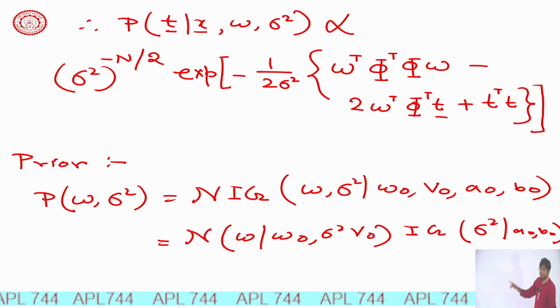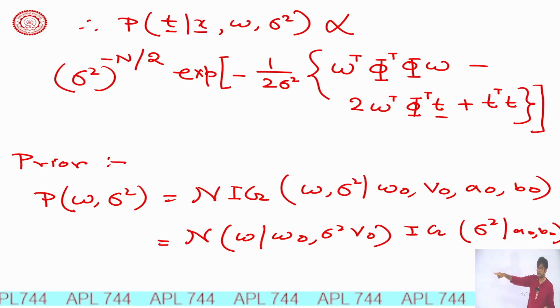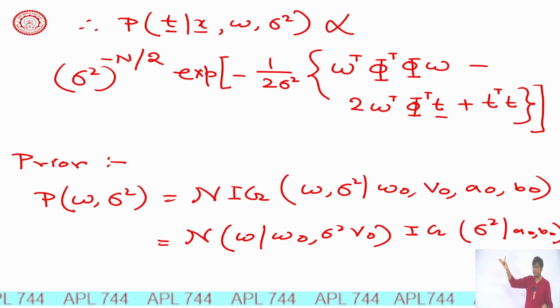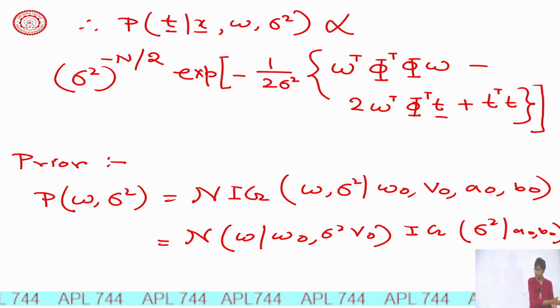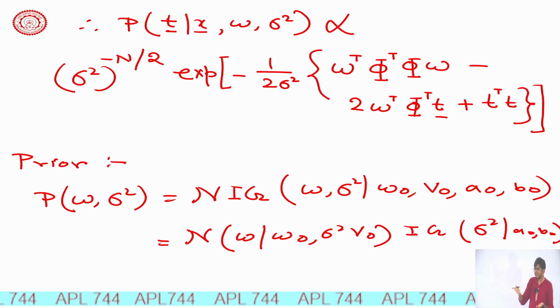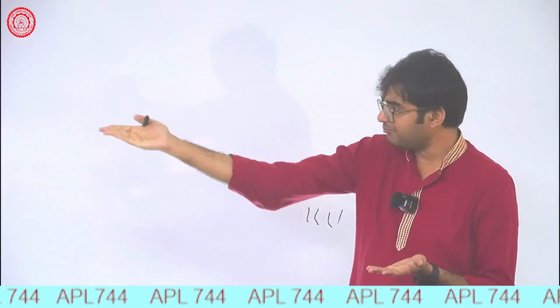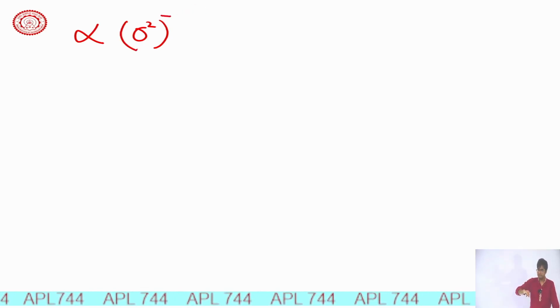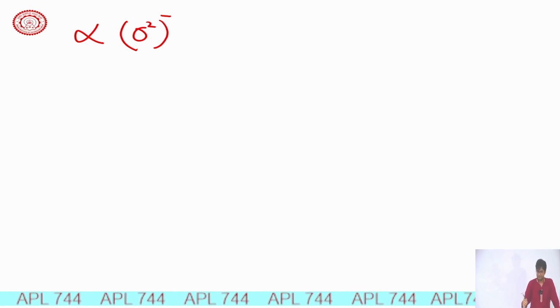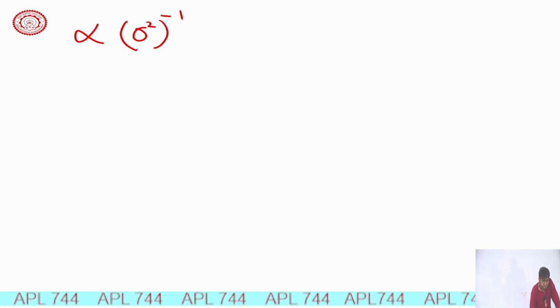So what is the dimension of W? W is a vector, weights, right? So as per our notation, it was k plus 1, because I start from 0 and go up to k. I use k plus 1 basis function. So the dimension of W is k plus 1 and we called it k prime. Okay. Sigma square to the power minus k plus 1 by 2, which is k prime by 2. So I will directly write k prime by 2,